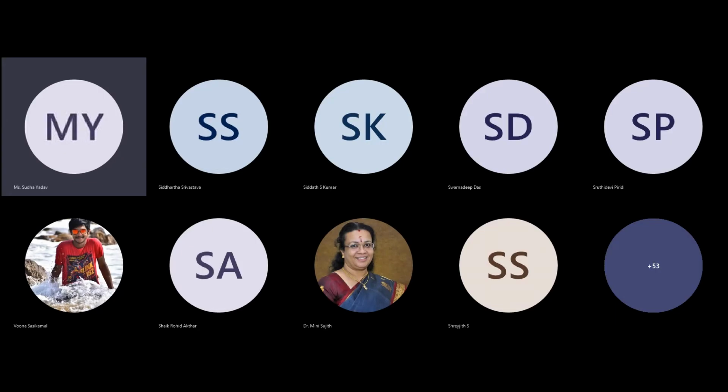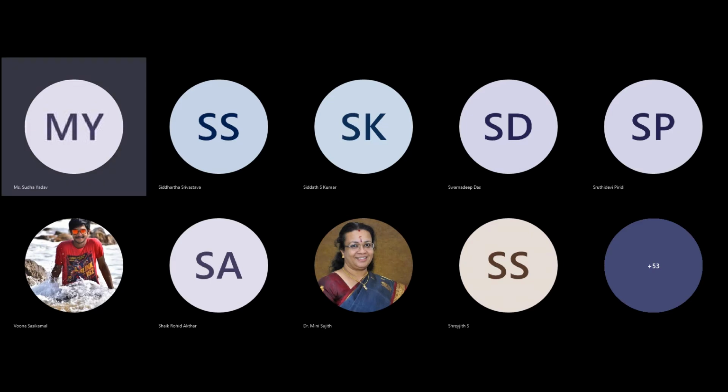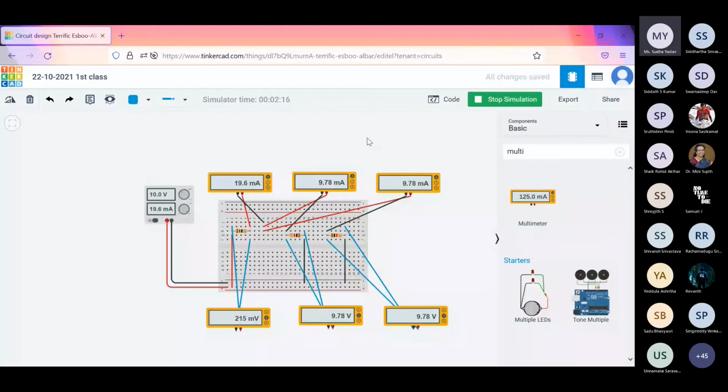Let me check your connection. Positive supply to... Acha, you have unshared the screen already. Okay. I think your connection seems to be right, whatever glance I have seen, but the values you'll need to check. Okay, you have shared it again. So positive supply to the resistor, ammeter, another ammeter. Ammeter negative to resistor to ground. Another ammeter to resistor.